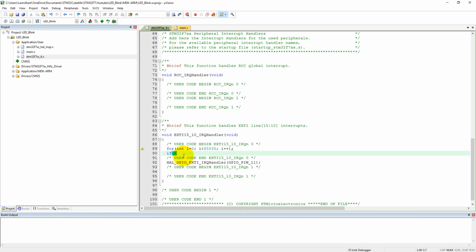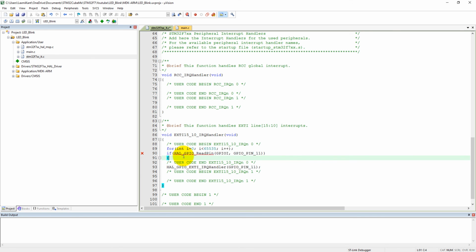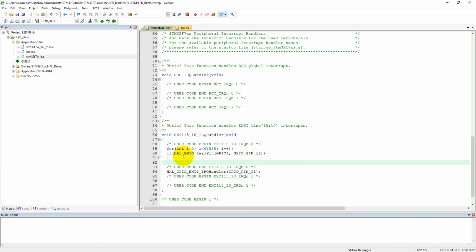And now read the push button. So we can read it with HAL GPIO read pin. We are reading GPIO I, GPIO_PIN_11, that is the push button, and then write the code here.